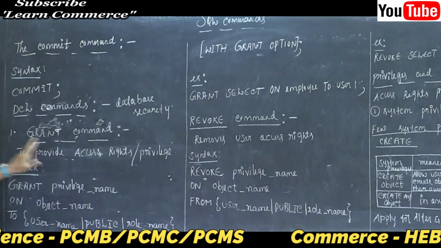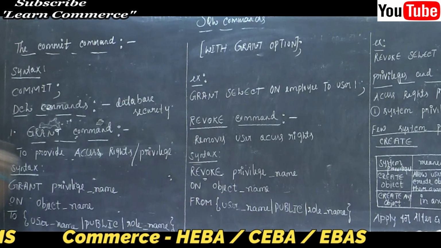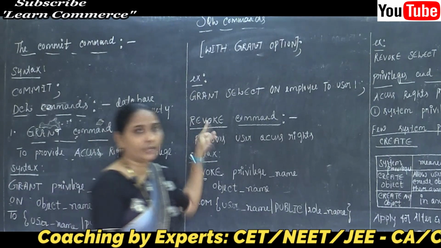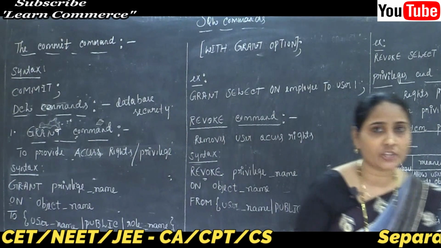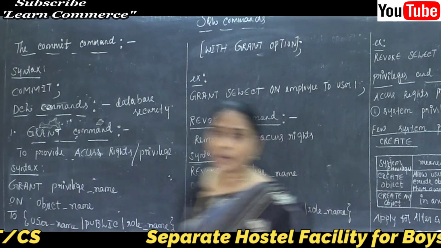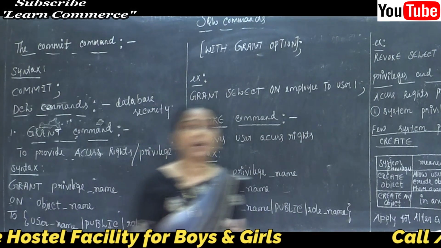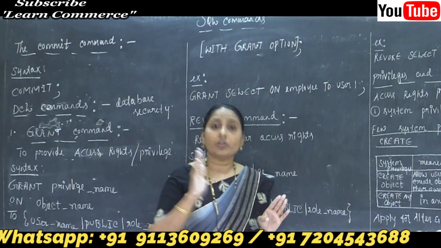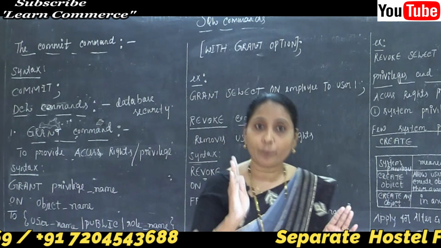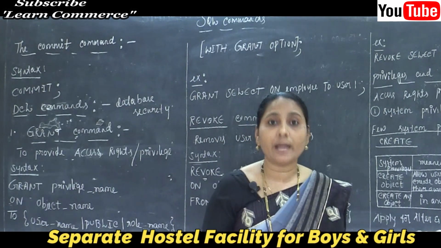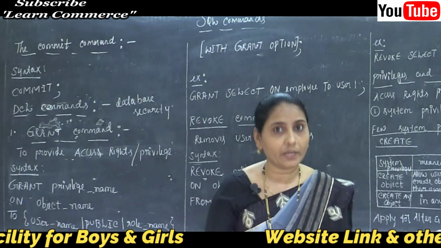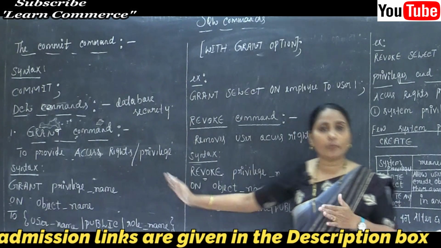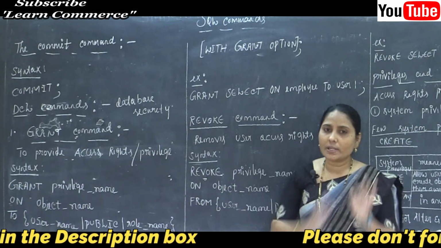I already said there are two types of commands: the first is the grant command and the second is the revoke command. Only the database administrator can do this. Who is the database administrator, and what work does the database administrator perform? He is called the owner of the database, he has the authorization process, and he is responsible for monitoring the data, coordinating the data, and acquiring needed hardware and software resources.